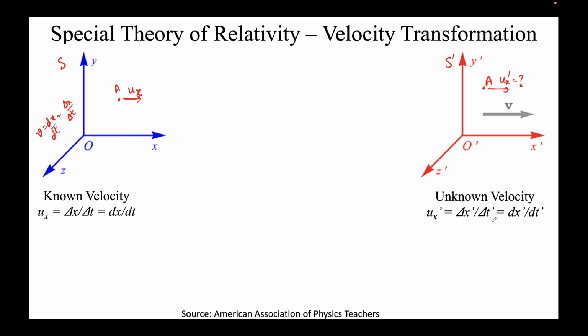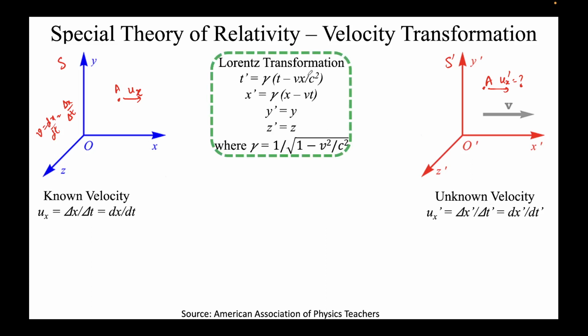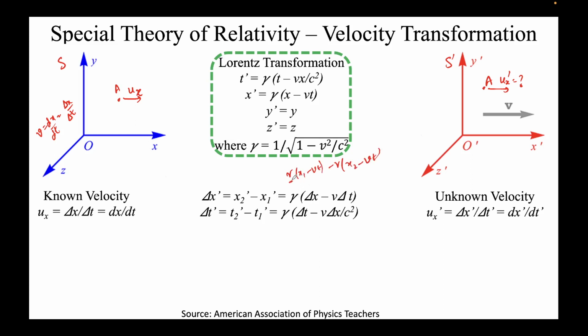If you see the formula, ux prime is delta x prime over delta t prime. We know delta x and delta t, and we can determine delta x prime and delta t prime using the Lorentz transformation. Note, the Lorentz transformation gives prime coordinates when we are given the non-prime coordinates. So delta x prime is x2 prime minus x1 prime, and I'm just plugging in this formula: gamma times (x2 minus vt) minus gamma times (x1 minus vt), so I've clubbed the gamma, giving gamma into (x2 minus x1)